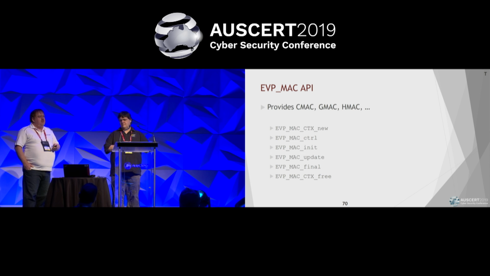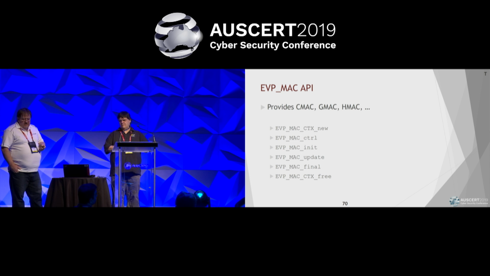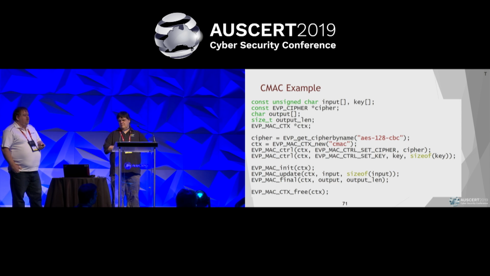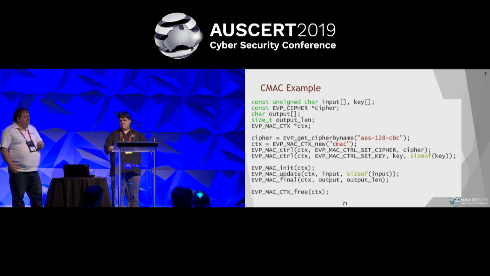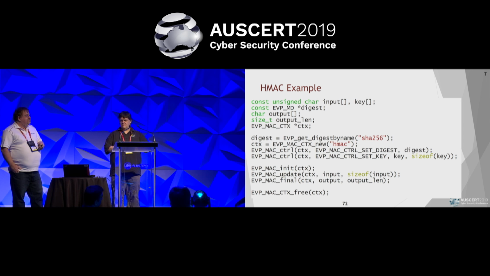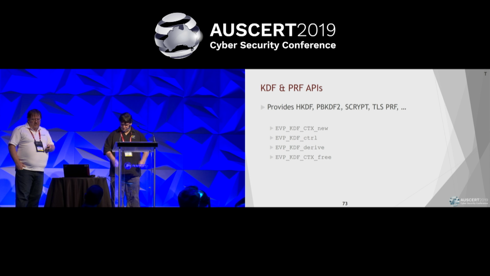We've added a new API for MACs. CMAC, GMAC and HMAC were all driven differently, so we've now got a new API for it. It kind of looks like this. This is us driving CMAC. If we flip through to what HMAC looks like, you notice basically two lines changed. CMAC's got a cipher underneath it, HMAC's got a digest, but the user's mainline code remains the same. That's not currently true in the 1.1 code base, but for 3.0, you've got a much nicer API.